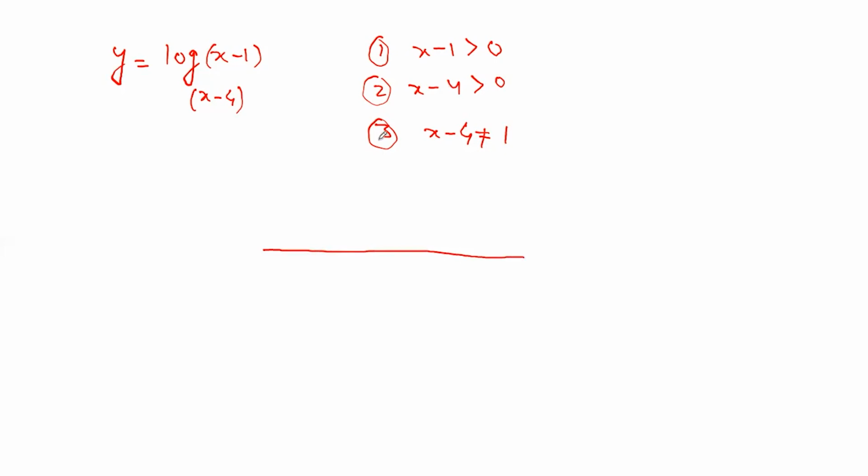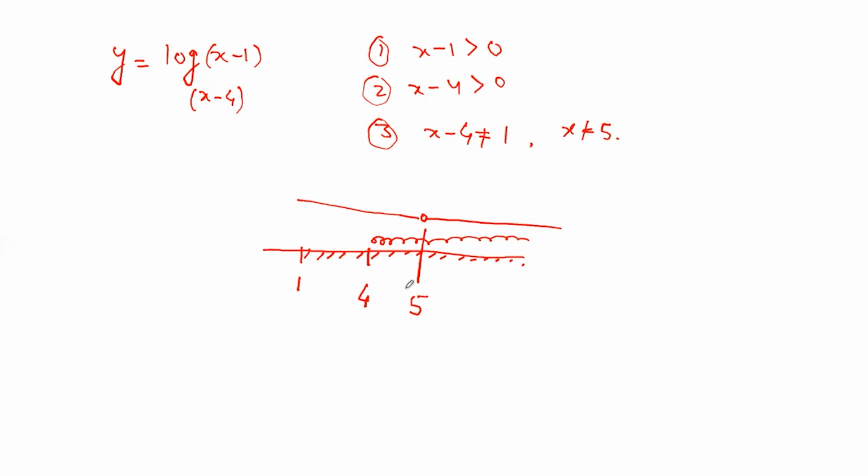Make the line x greater than 1. Mark 1 there. Greater than 1, the shaded portion, with an open circle at 1. Second, x greater than 4. Mark 4. The values greater than 4. And from the third one, x is not equal to 5. Except this number 5, all the values are satisfied,